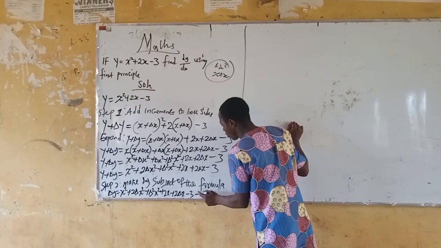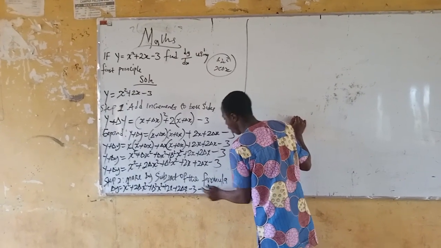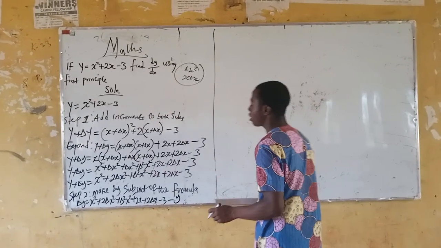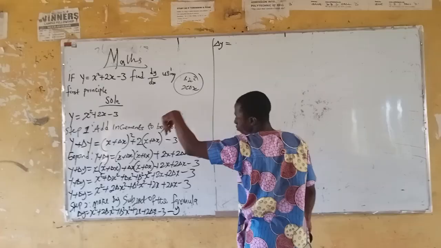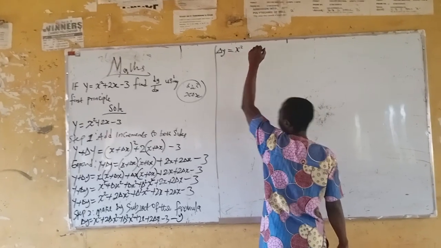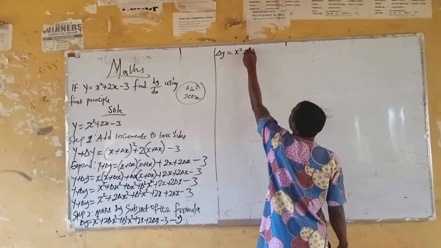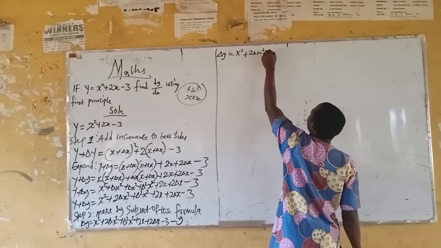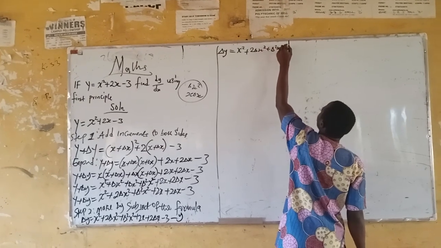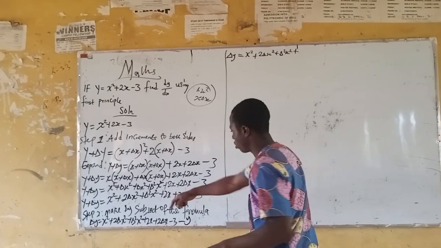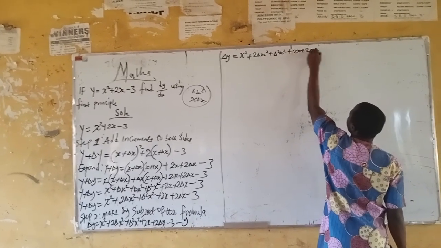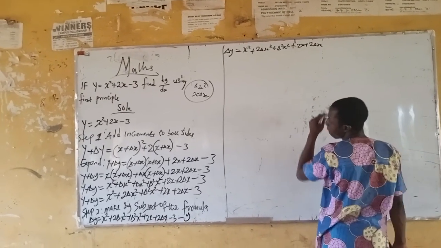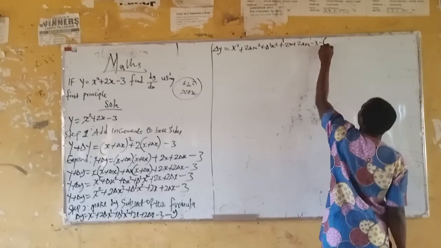Okay, let's say minus y first, but I'm going to use the bracket later. So we now proceed. δy is x squared plus 2xδx plus δx squared plus 2x plus 2δx minus 3 minus